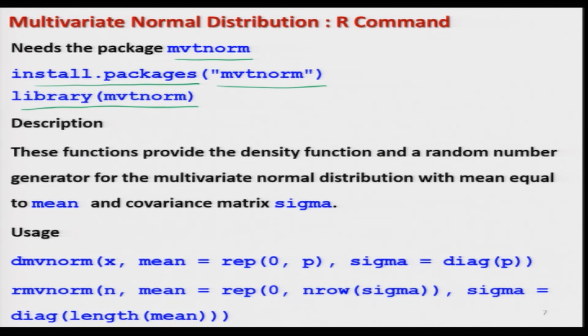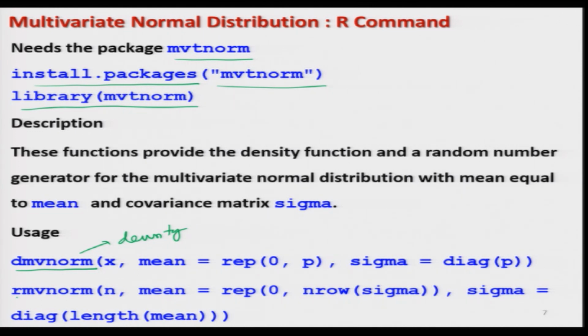This package provides you the density function, random numbers, etc., just like you have used earlier in all the cases. So, if you write the command dmvnorm, this will give you the density,